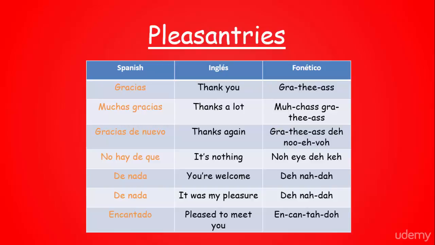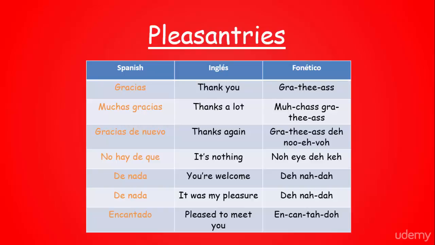Pleasantries. Now, in my personal experience, when you walk into a shop or restaurant in Spain, or actually in most European countries for that matter, the custom is very different to that of the UK. It's quite common for the staff to say hello to you, and to inquire as to whether you need any help, and then when you're leaving they'll often send you on your way with a cheery goodbye and a thank you. These words then might be useful for you to know, so let's take a look at them.